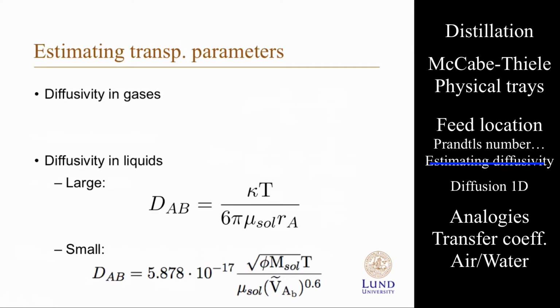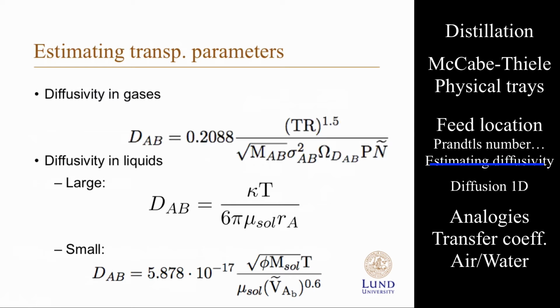When you estimate transport parameters like diffusivity, you use the first equation here for diffusivity in gases. So it's the gas constant times the temperature in Kelvin to the power of 1.5, and then you have the molar weight, the size of the molecule, a correction parameter, the pressure, and Avogadro's number. And if you have diffusivity in liquids, we have learned to use 2 kinds of equations, one for large molecules,